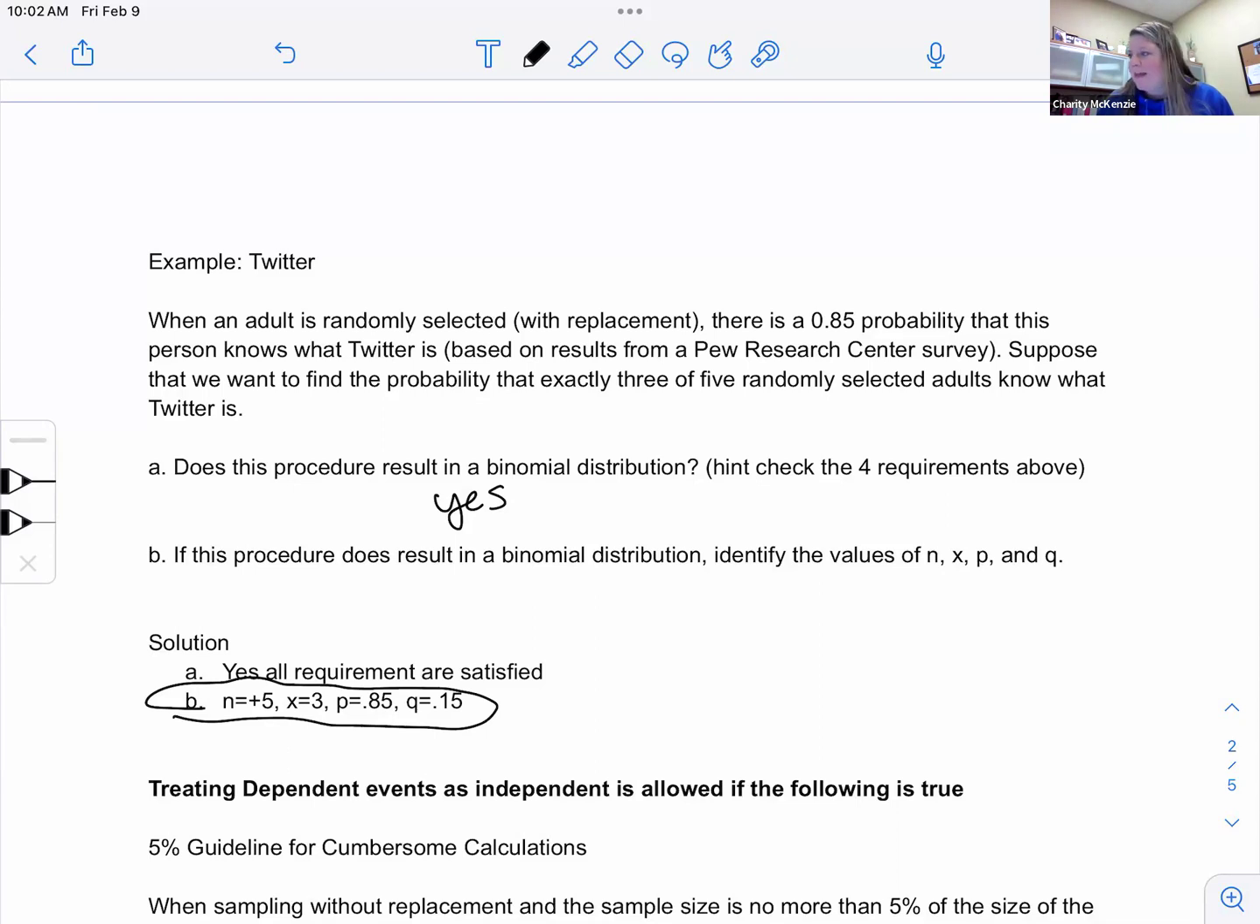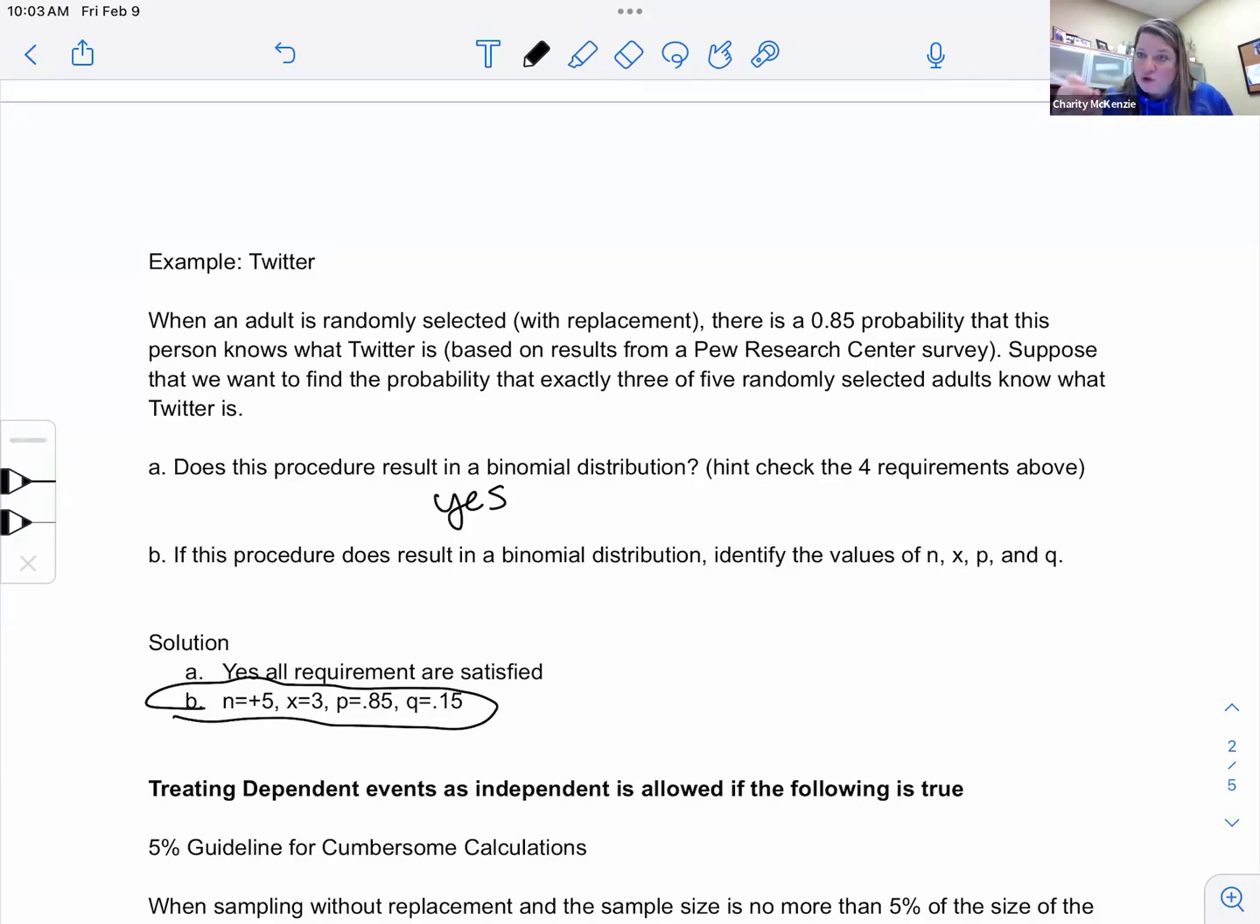I'm not sure where that plus sign came from in there, but it's just a typo. I wanted to make sure you knew that n was positive. Okay, and then what was our x? Well, in this problem, you want to find out that exactly 3, that is our x, like 3